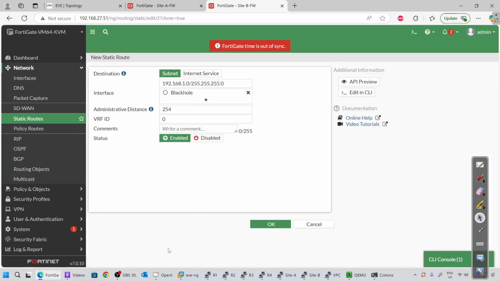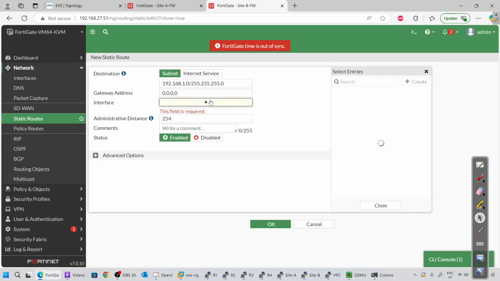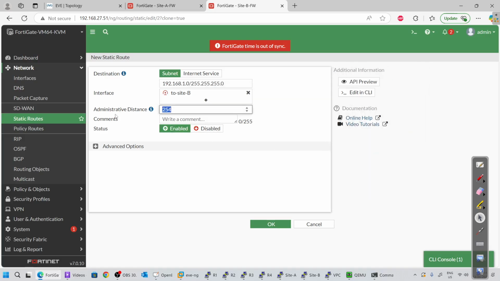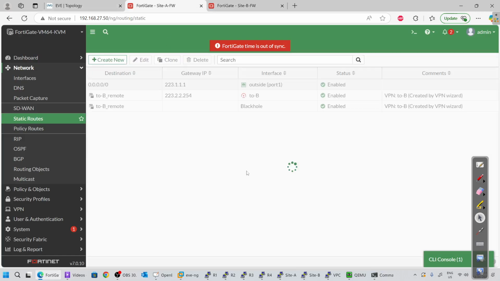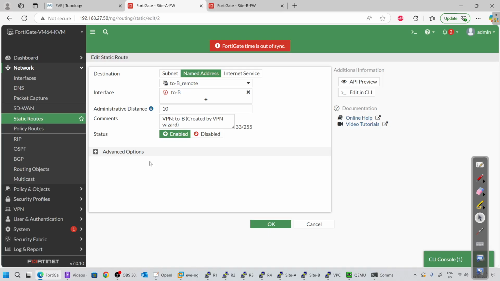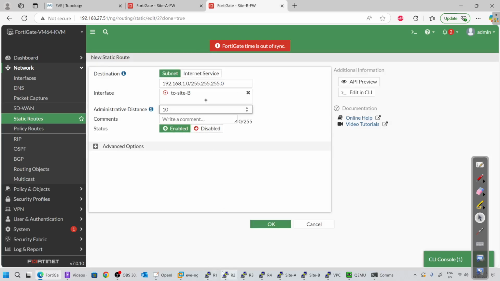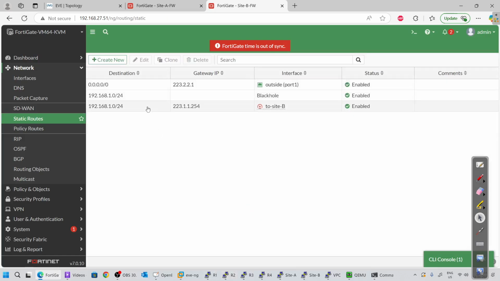Yes, we can clone it, remove the black hole, and choose the site B interface. Click OK, change it to 10 as we have here. Click on edit. This is 10, so you can change it, but I will keep it 10. It is the default value. Now we have created a static route that will point traffic to this